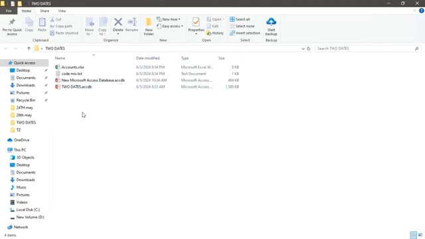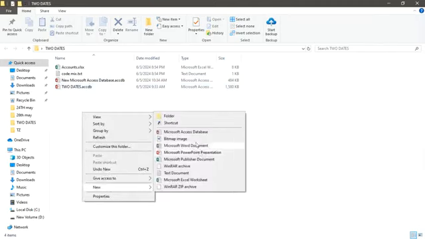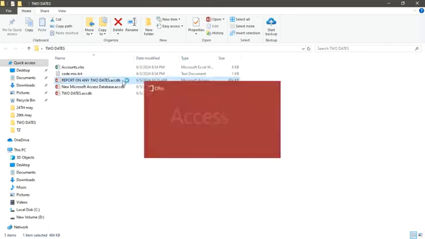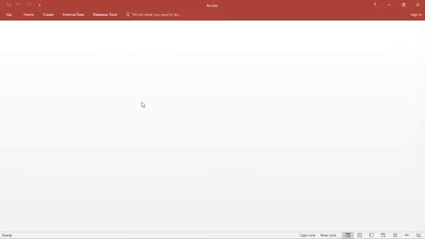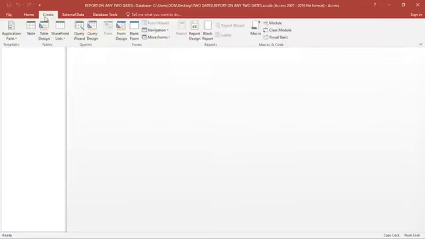We have our Microsoft Access database. So I go to new, then I go to Microsoft Access. Then this one, we can just call it report. That is report on any two dates. Then I open the database. What I am supposed to do here is to create the main table, enable the content, go to create, then